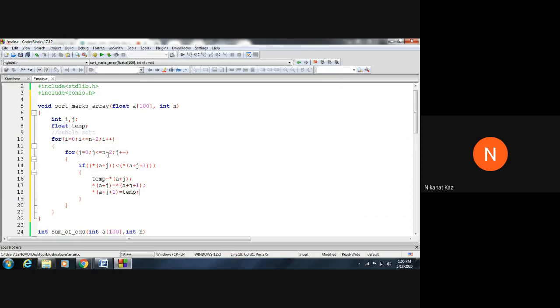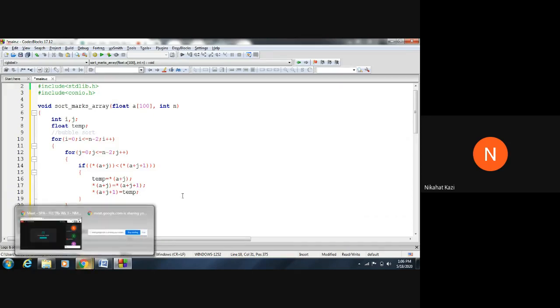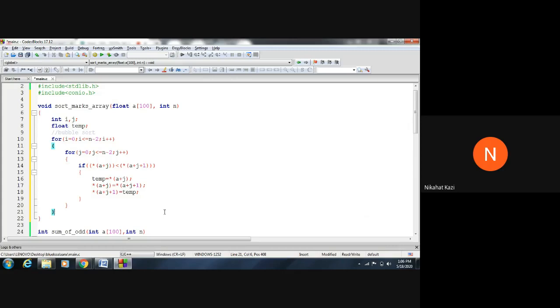And comparisons also, it will be from j is equal to I. So now the only change that you can make here is j is less than equal to n minus 2 minus I, so that the number of comparisons are reduced every time, right? Because in the first run of the loop in bubble sort, what is the logic? The last element is sorted, right? So you can reduce the number of comparisons. This will also work.